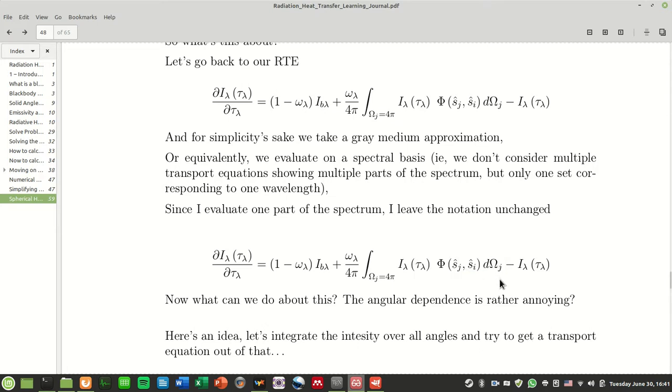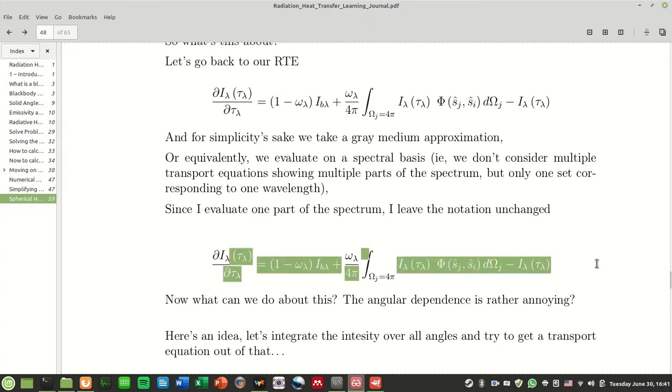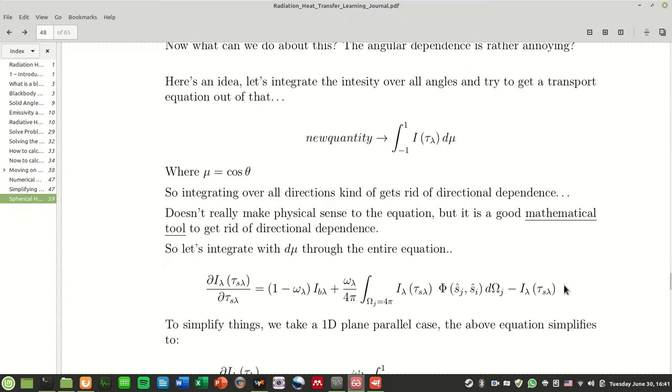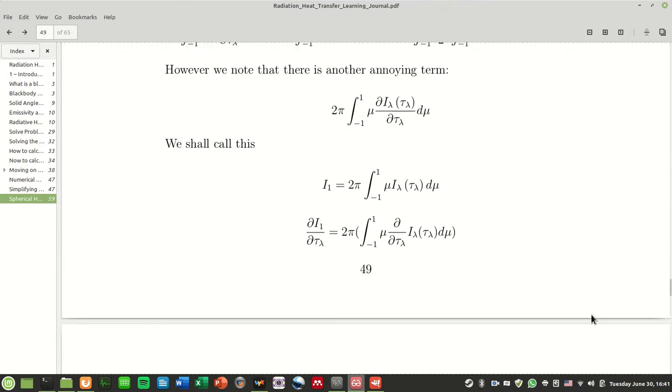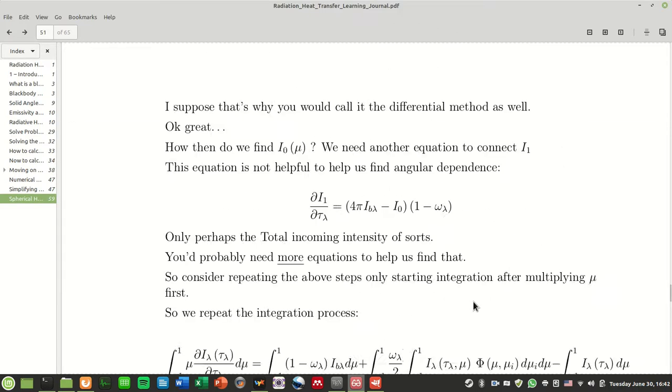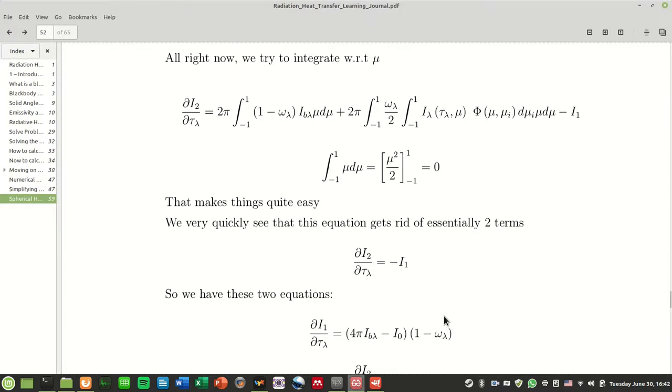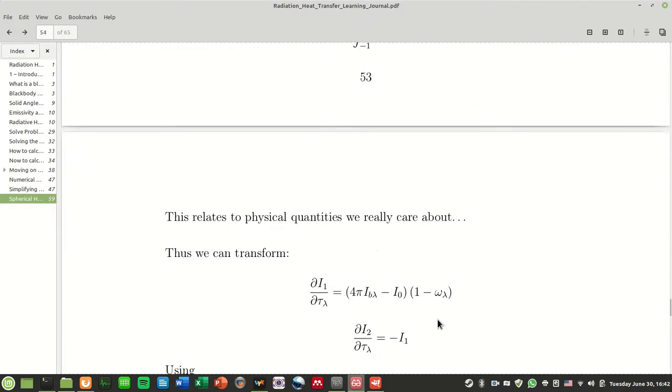So one of the ways to deal with the scattering term is to integrate out the whole thing. We integrate out the angles, and we solve equations based on the integrated stuff. For example, we were talking about first and second order moments as well as zero order moments, and basically what